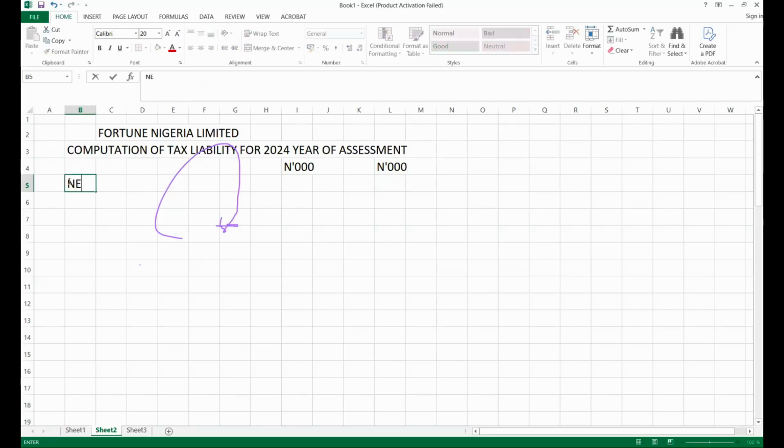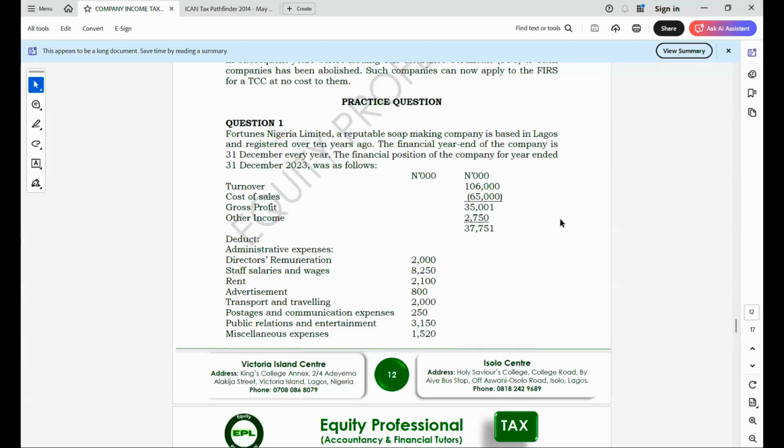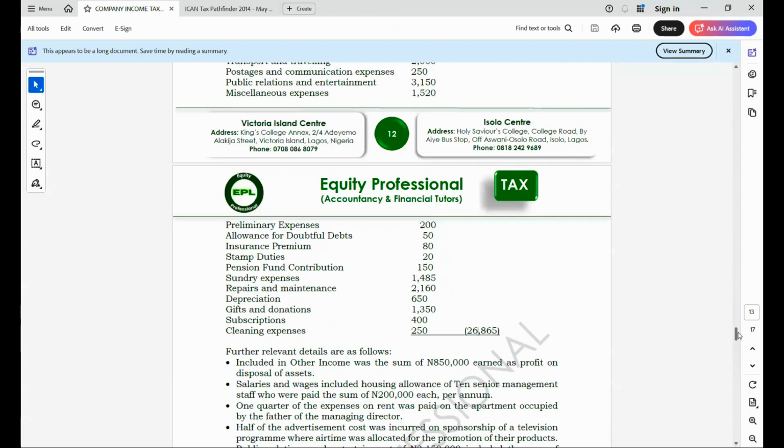Because I have information about net profit, I'm going to start with my net profit. Net profit reported from the question. So as I told you, if you look at the difference between that, 37,751 minus 26,865, that will give us 10,886. That is the net profit. So net profit is